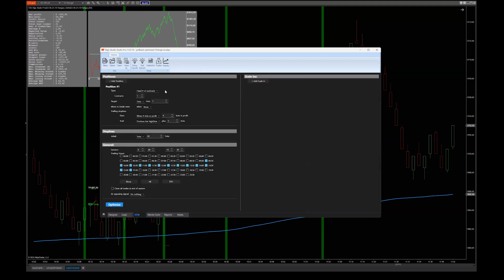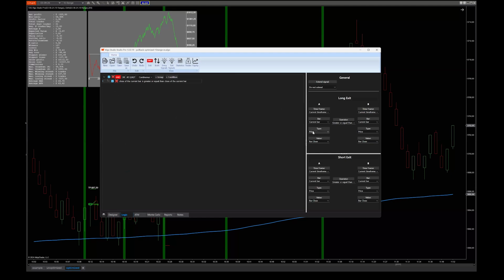By default, it will use the ATM settings you have set up, but you can also say, well, I want to use indicators. You can say I want to exit when the trade is open for an X number of bars. So yeah, you're very flexible in designing when you want your trades to stop.